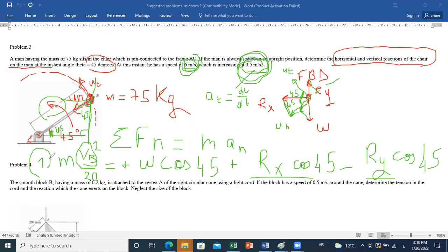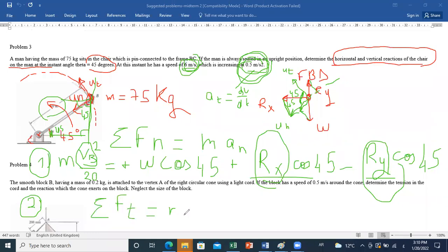How many unknowns I have in this equation? Everything is given except the reaction components in X and Y. So I need to write another relation including Rx, Ry to solve a system of 2 equations with 2 unknowns. Since I already wrote the first relation, sum of n equals MAN, I can now continue with applying Newton's law in the tangential direction. So now I can write that sum of t is equal to MAT, and AT is given for you in this problem. It's equal to plus